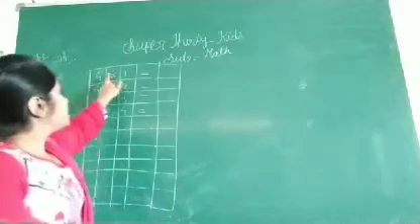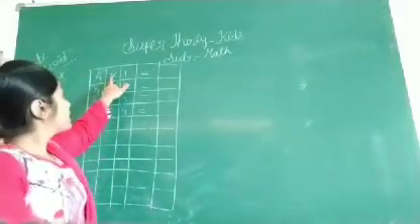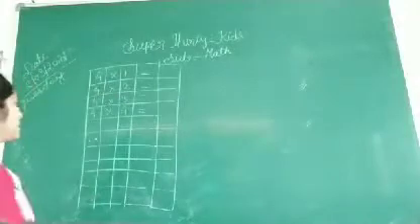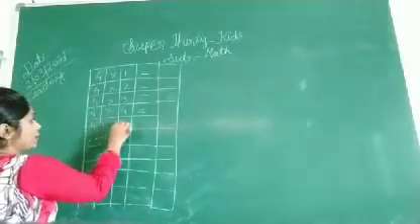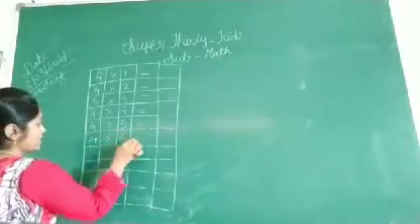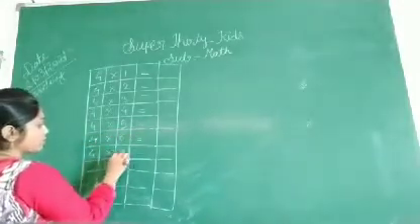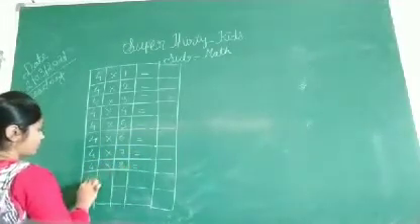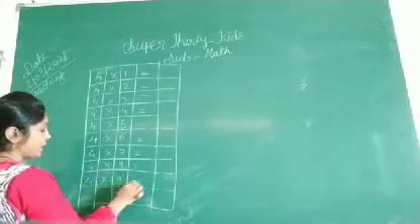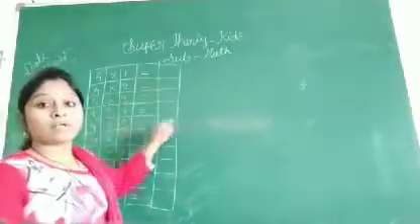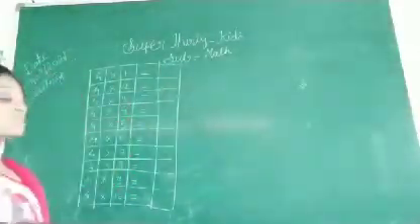You can see here this sign as X. It is called multiplication sign. 4 into 5 equal, 4 into 6 equal, 4 into 7, 4 into 8, 4 into 9 and 4 into 10. I have left here blank box to write the answer.